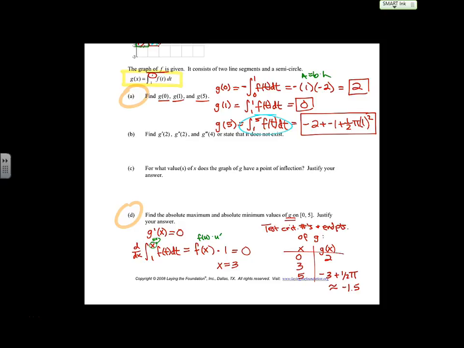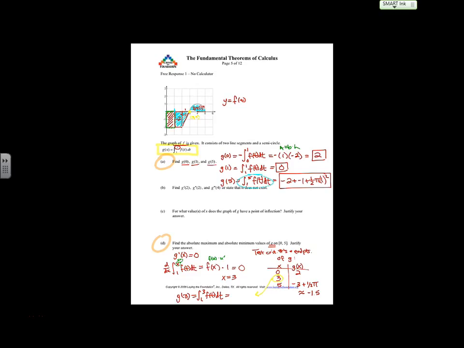Go find that one. And so to go find that one, we're going to do exactly what we did in part A. We're going to plug in G of 3 is equal to, using the definition above, the integral from 1 to 3 of f of t dt. I need to figure out the area from 1 to 3. Guys, are my bounds okay? Yeah, my bounds are okay. It's from lower to higher. From 1 to 3 in my graph,